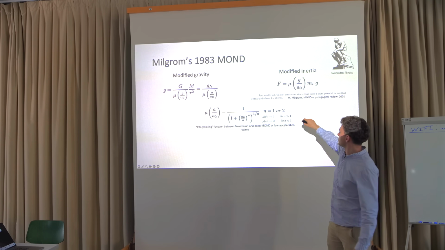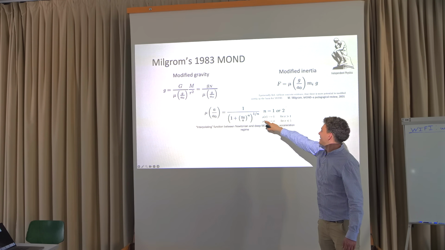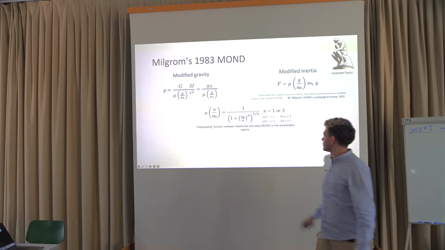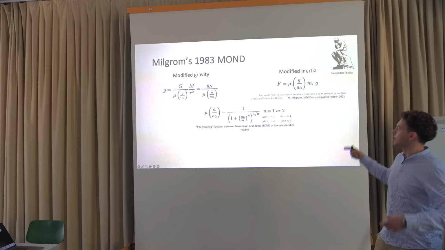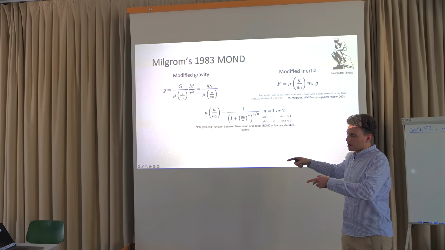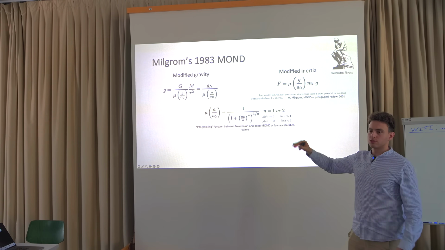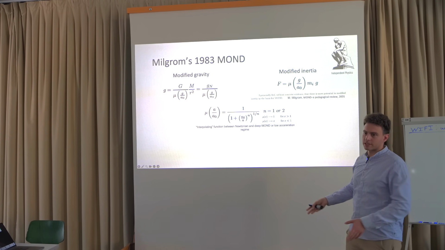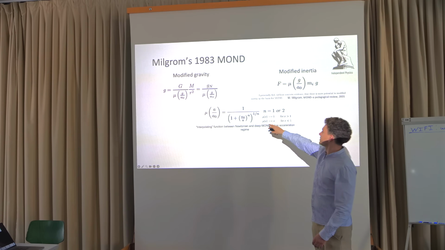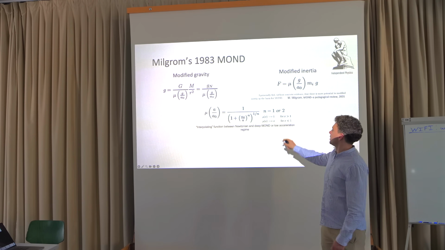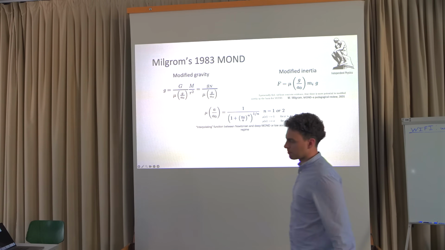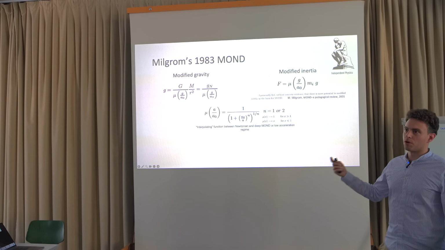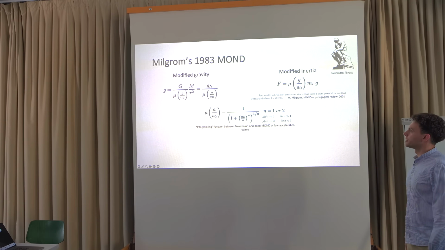I don't know if it's too small. But the interpolating function needs to reduce to unity to recover Newtonian laws. So you want the function to go to 1 at high accelerations, so at the cores of galaxies, in the solar system, and so on. And then the second condition is basically to satisfy the Tully-Fisher law, that is the fact that the observed velocities are proportional to the fourth root of their visible mass. When you try to do that,